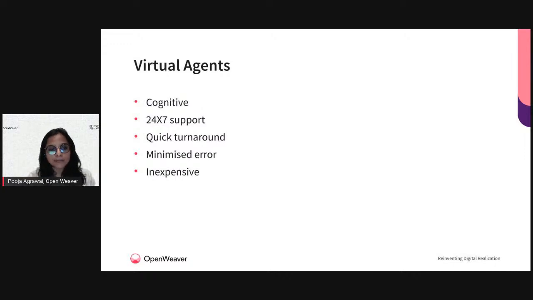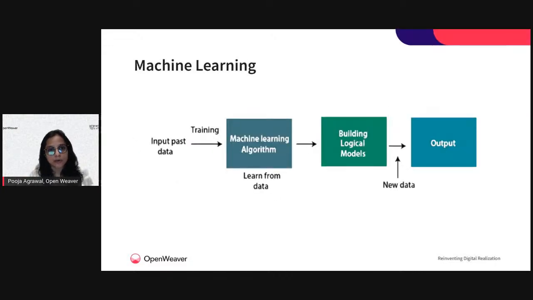There is the least amount of error that you would expect based on the training data that you are providing. The expected output is also fetched accordingly, and it's a very inexpensive affair. You no longer need manpower, you don't need to keep them in shifts, right? Humans cannot work 24/7, right? So all that can be done by these bots or virtual agents, which can enhance your overall experience as a customer. You would feel that very quickly, even at 3 a.m. in the morning, you're getting answers to your queries.